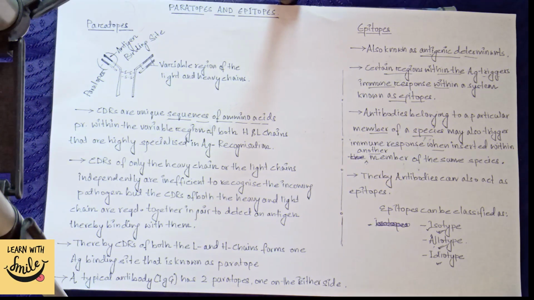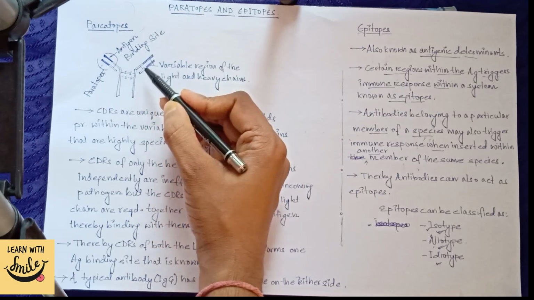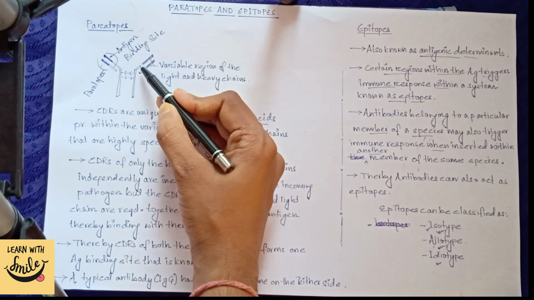To the second installment of the structure of immunoglobulin series. Here we will be discussing paratopes and epitopes. Starting with the paratope. As already mentioned in my previous video, a typical antibody contains a variable region and a